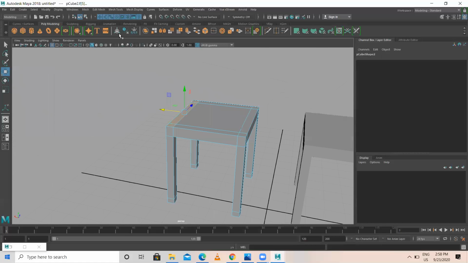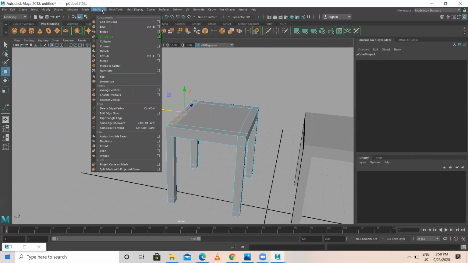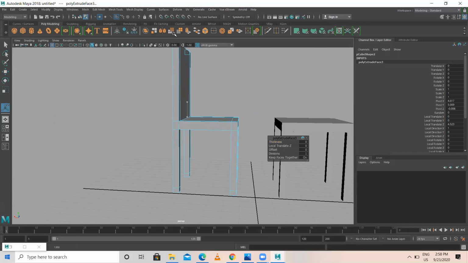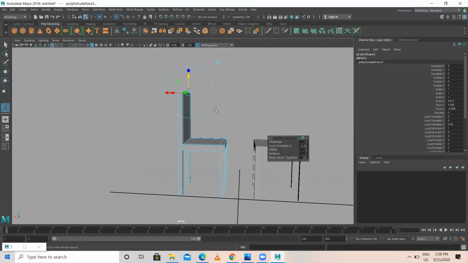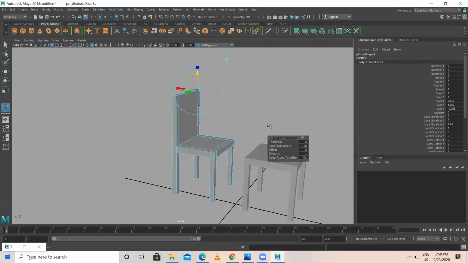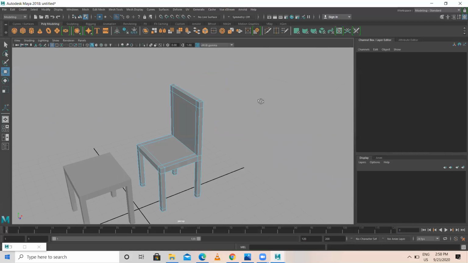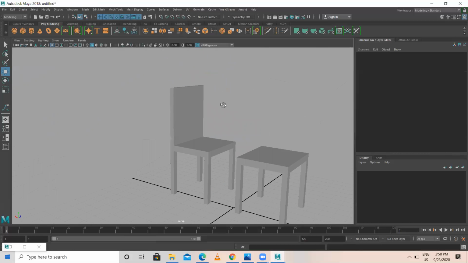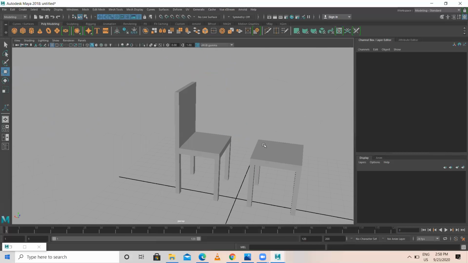Then again the same tool, edit mesh, extrude. I'm lifting it, pressing it here. G to repeat the same thing. After pressing G one more time, you raise it. Getting it? Yes. It's a chair. Simple chair, simple stool.